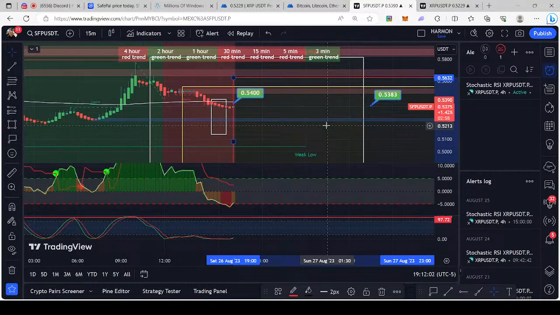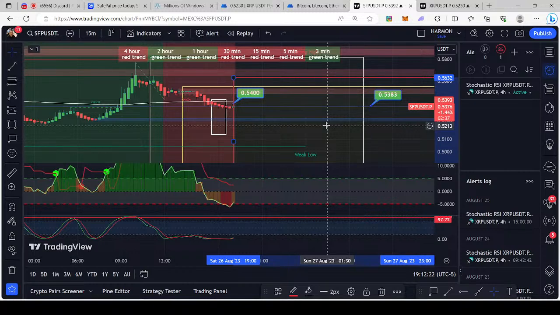So now that happened, now I look for an entry, right? And that entry is going to be some type of bounce. Something's going to bounce, right? And the 1 hour is still heading down, so that's not going to bounce. The 15 minute is showing that it wants to bounce here. So as soon as this 15 pulls up, however far it gets, when it starts to head the other way,